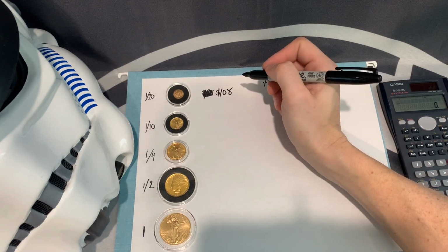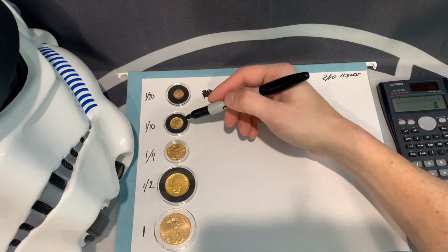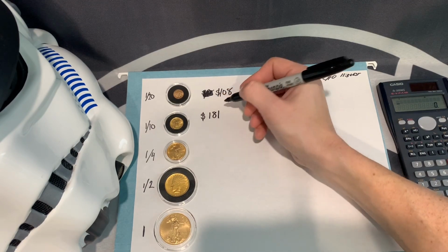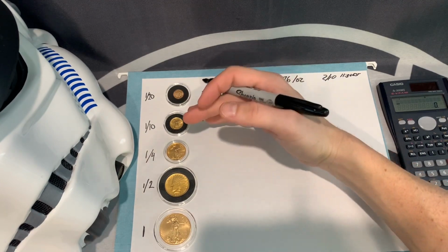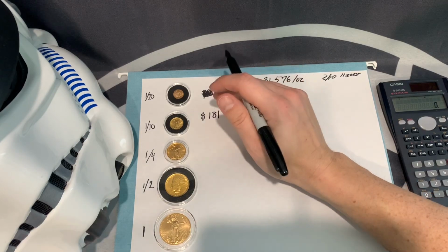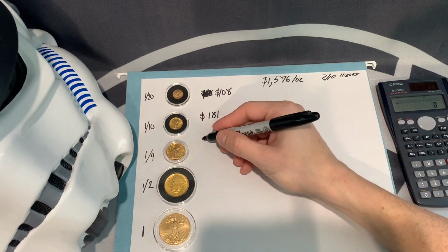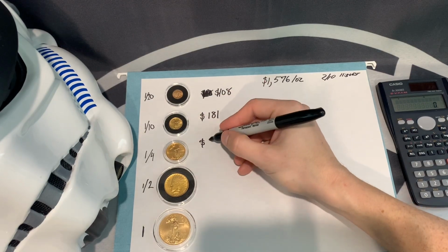$108 per coin, okay? For a 1/10 ounce gold coin, eagles are typically the most common. You're going to be spending $181, and that's if you're buying in smaller increments, usually between 1 to 19 coins. A lot of the online bullion dealers will charge you a higher rate. If you were to purchase a 1/4 ounce coin, in this case, I'm going off of gold eagles, you're going to spend